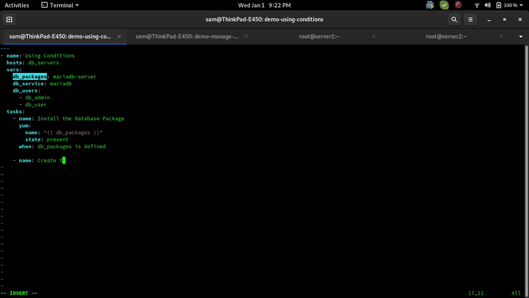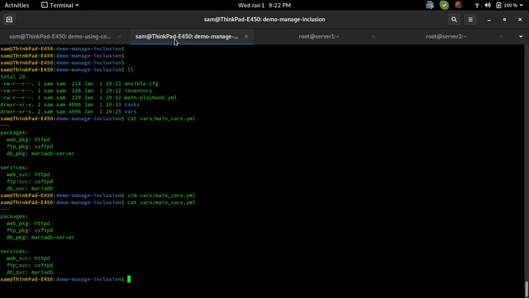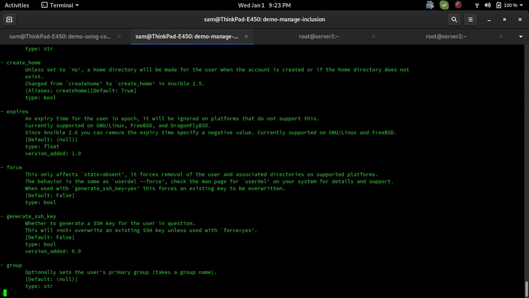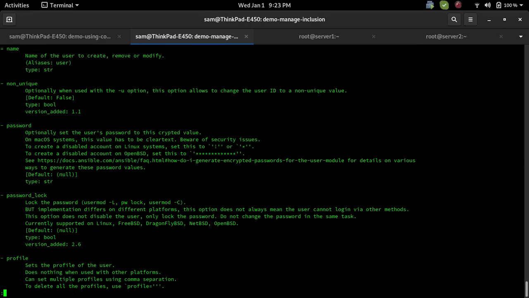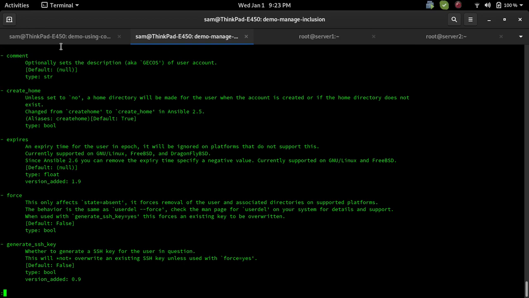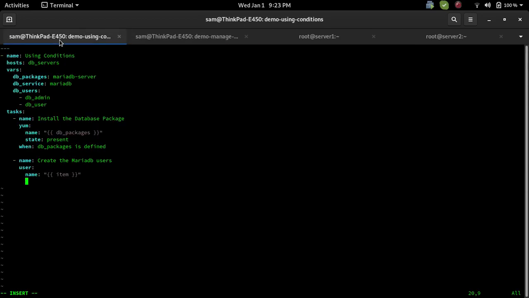Okay, so now let me create another task here. Create the MariaDB users. So I'm creating the MariaDB user. So this is the user section, and name, I'm calling these name into item because there are two, and I don't know what to use it here, so you can call here ansible-doc user. So these are the system users, remember that. Name is mandatory and rest of the things are optional. So yeah, here I have used the name, so name will come from the item, and I can use here